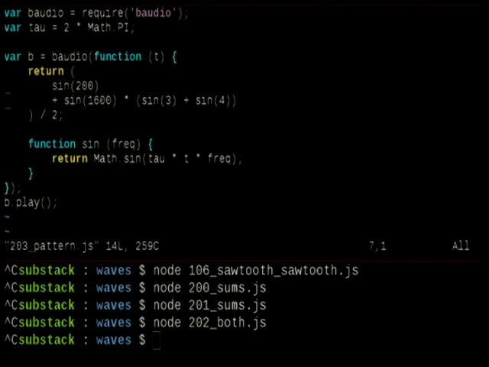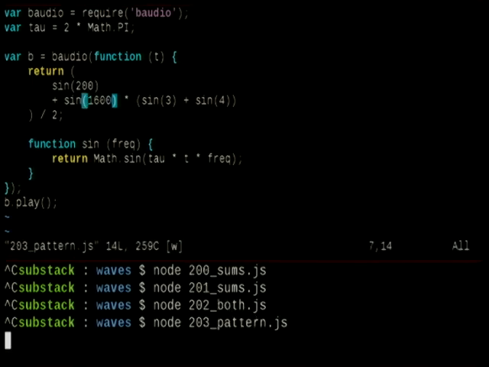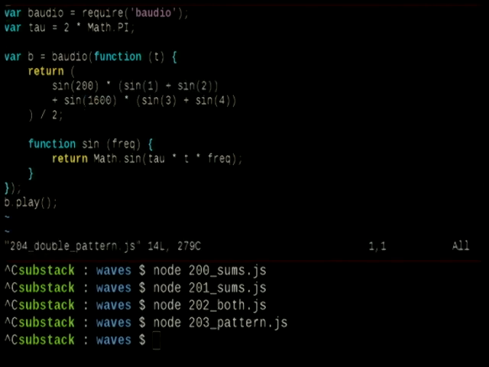Another way to write this, so we can do the same thing with adding these different effects like this. So here we've got the low sound, but we've got the high sound times the sum of 2 sine waves. So that'll give us a pattern on the high end and then a low bass sound that just plays by itself. And we can add a pattern to the low sound too. So here we've got the low sound, and that's just on a slightly different pattern.